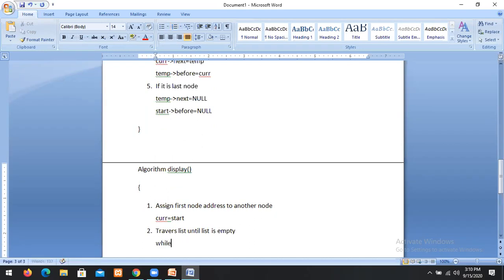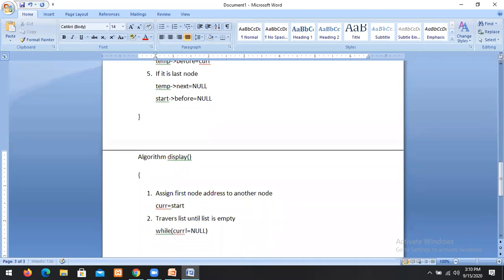So while current not equal to null, you have to print the value.